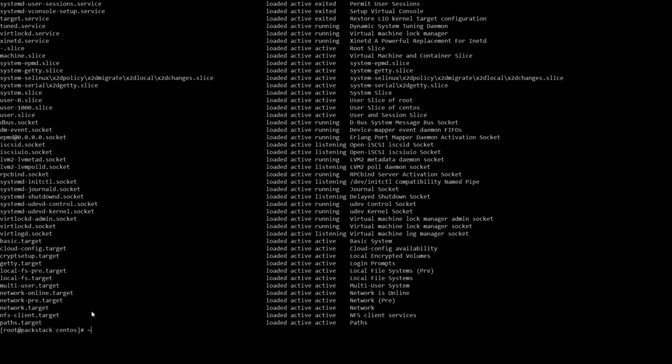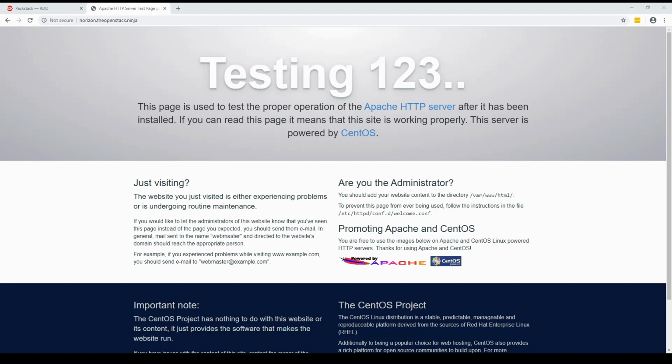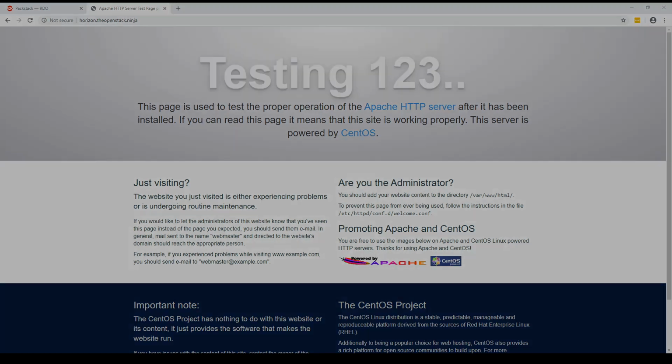Now, if you're like me and you're running this server inside another cloud, you may find that this happens when you try to get to your Horizon. As you can see, I've gone to horizon.theopenstack.ninja. Strangely, I've just got a standard Apache web page. That's generally because the way the OpenStack platform is configured, it's expecting you to go via an IP. Because my OpenStack instance is behind a NAT device, I'm not sending the IP address through. So what we need to do here is very quickly,